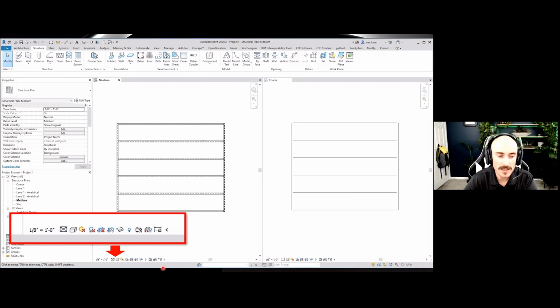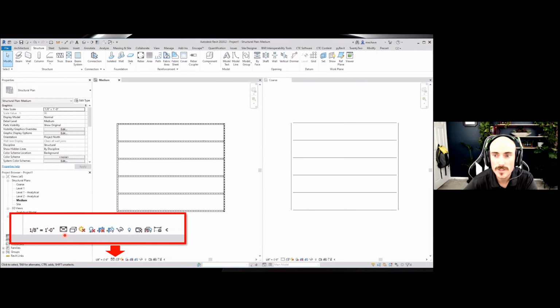Then directly to the right of that, there's a box, and this controls our view display. Right now, I have it set to medium. It's showing the full representation of the modeled element. For this instance, these are framing members. These are wide flange members, and I can actually see the flanges and the web as a dashed line between. To the right, we have what usually is representative of when we're in our AutoCAD environment, right?